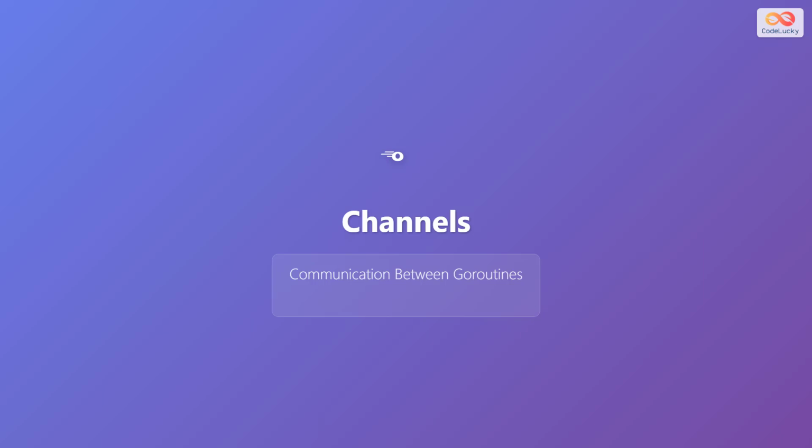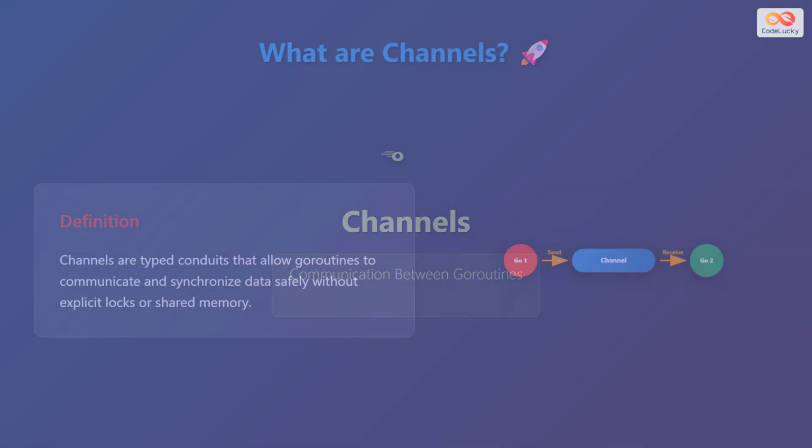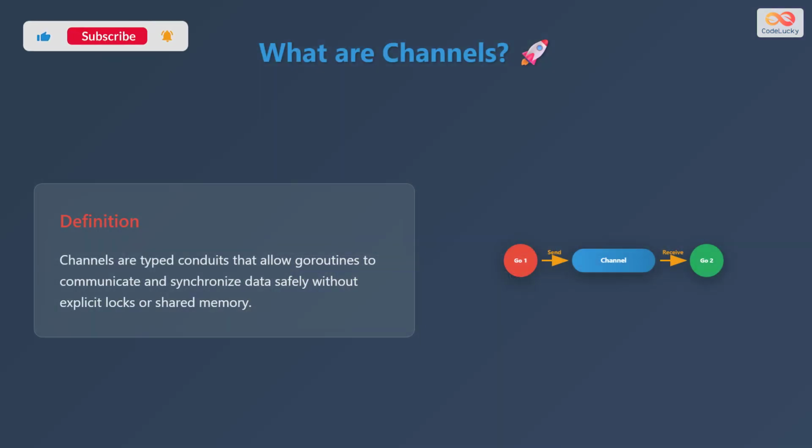In this video, we are going to explore Go channels. These channels provide a powerful mechanism for enabling communication between goroutines. So, what exactly are channels? Channels are typed conduits. Think of them as pipes that connect concurrent goroutines, allowing them to communicate and synchronize data